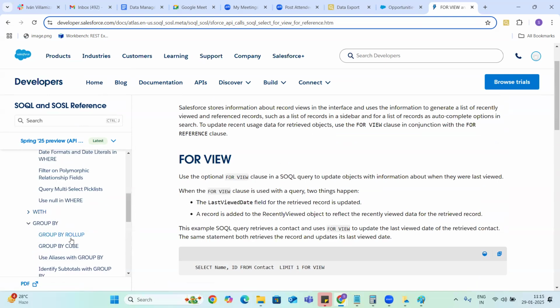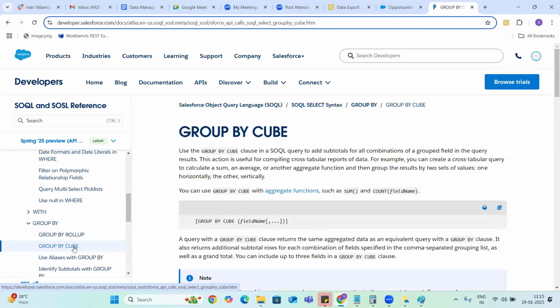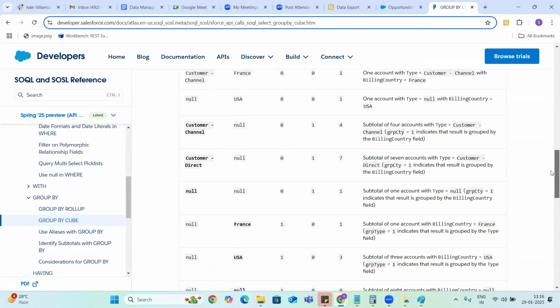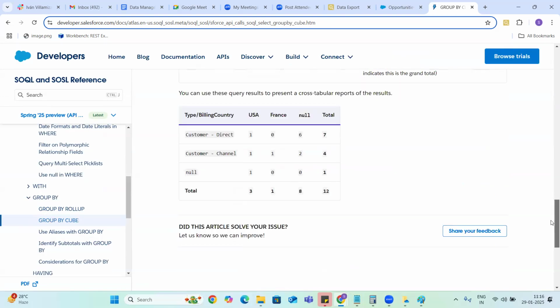You can leave out group by cube also. You can simply say, I have never used that clause because I have around 13 years of experience, guys. It might be useful for some scenarios, but it is rare.